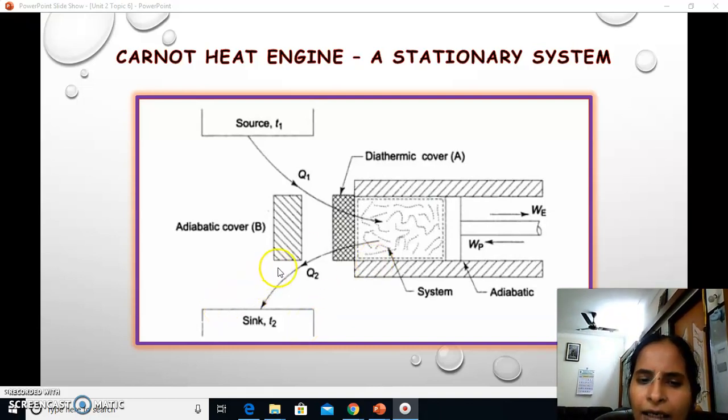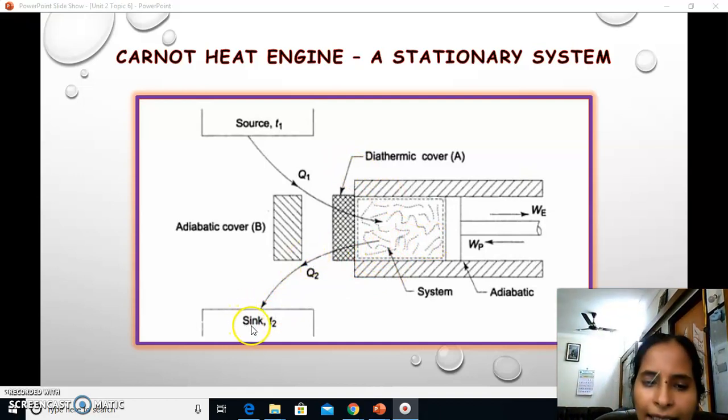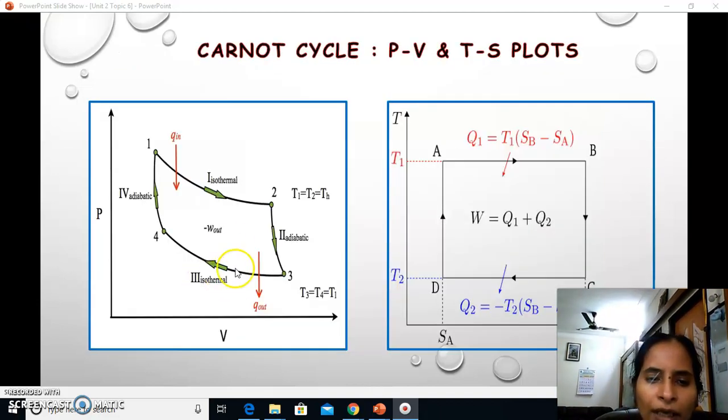During that heat rejection process also, we change to a diathermic cover, and by maintaining constant temperature, we remove the heat. And then the next process is compression, by covering the cylinder with an adiabatic cover, so that no heat transfers out of the system. Okay. So here you can see very clearly, it is depicted: 1 to 2 is isothermal,